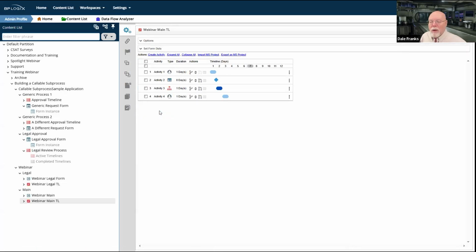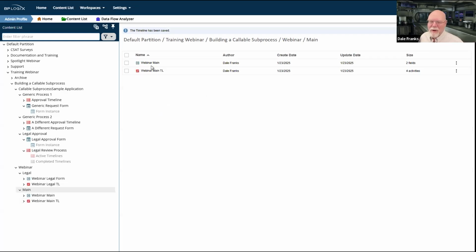Now, look, that doesn't necessarily mean that the entire process has to stop while you're running activity 3. Let's talk about that in a second, because let's just ensure that this thing works now that I've gone through and I think I've configured it correctly. Let's just go back and be sure that it works.